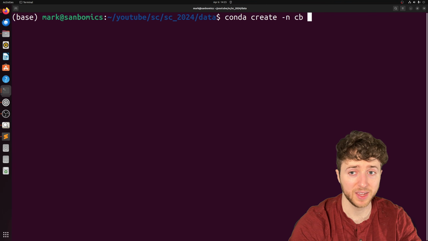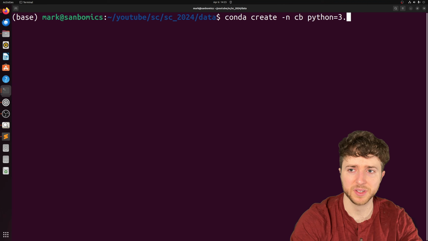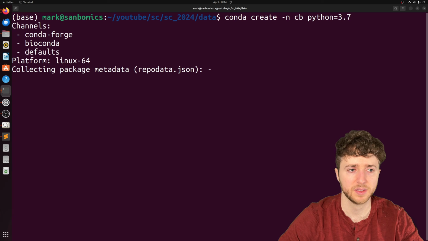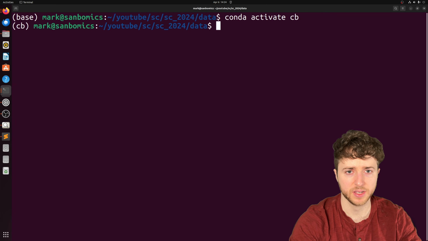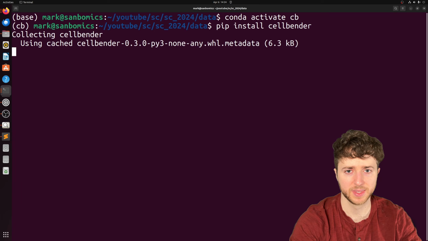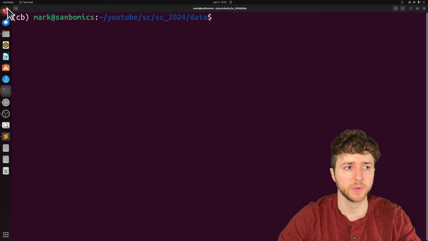And importantly, we have to use Python equals 3.7. So activate that, and then we're going to pip install CellBender. All right, but before we use that, there's one more thing we have to do.